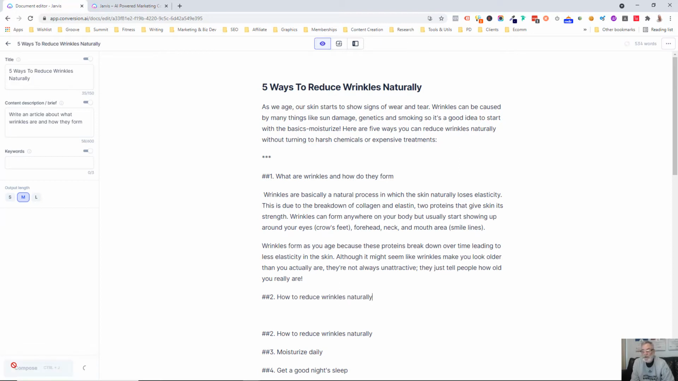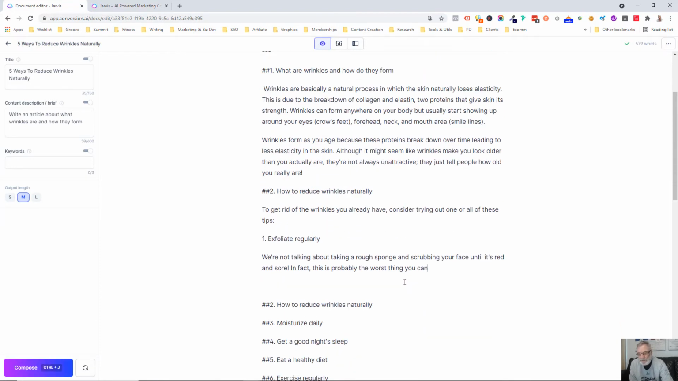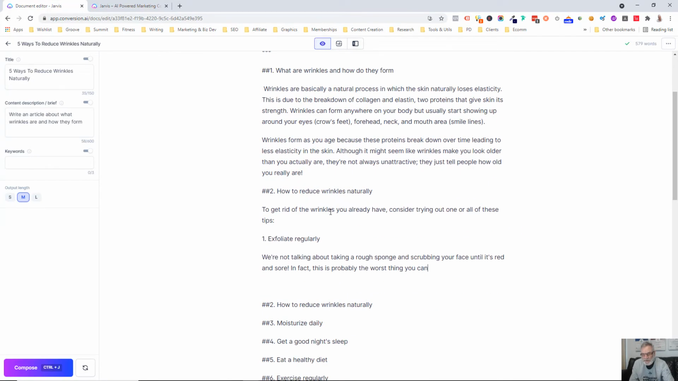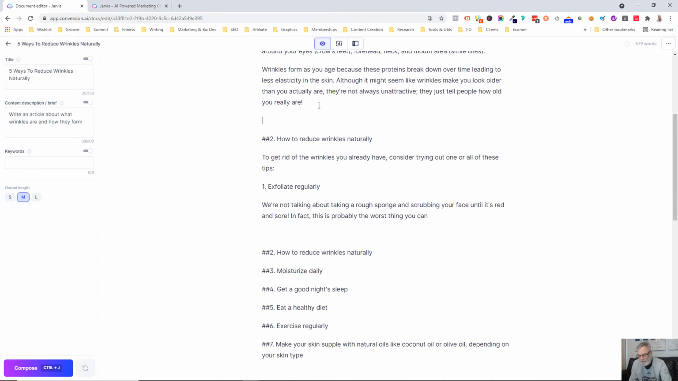Let's just see. Okay, so basically it's moving on to the next point. So I've finished that. But here's a good point that we didn't have in our initial one, how to reduce wrinkles naturally, which has come from our title here. So I can once again put my 3 stars in here and tell Jarvis to carry on with this list,